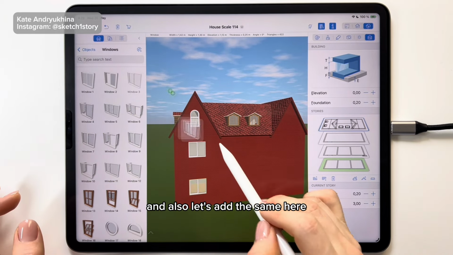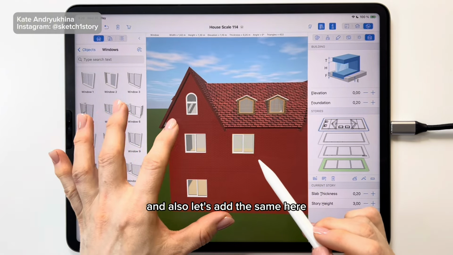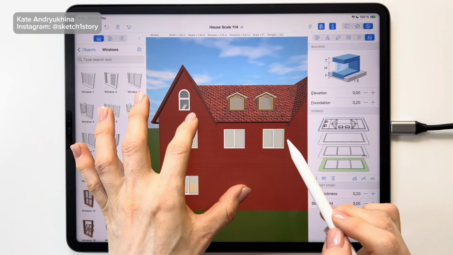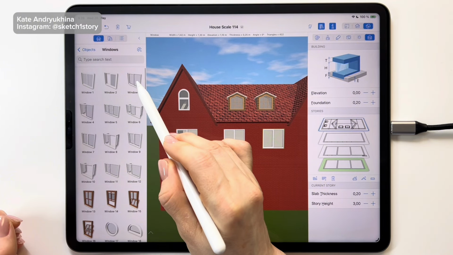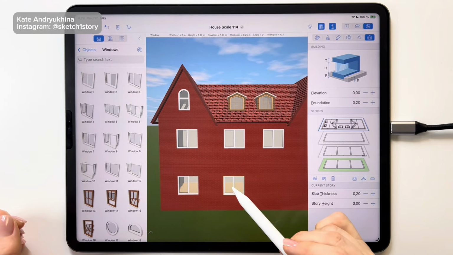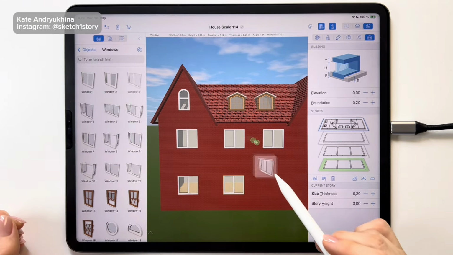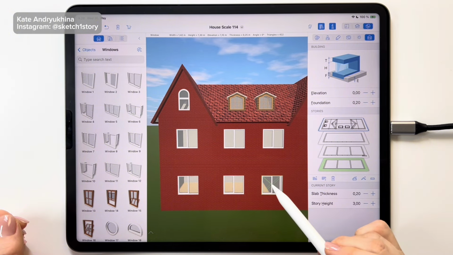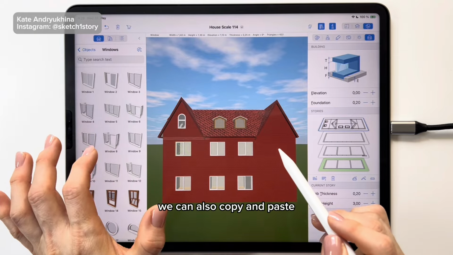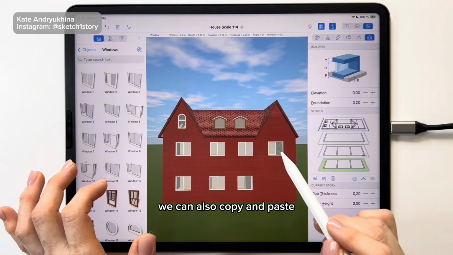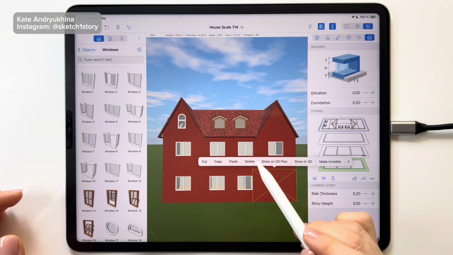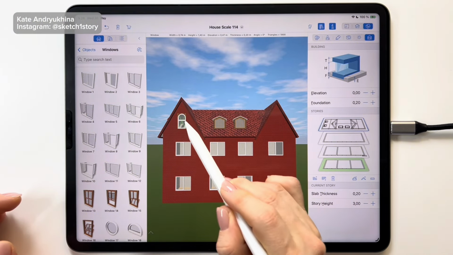And also let's add the same here. We can also copy and paste. Oops. And paste the window